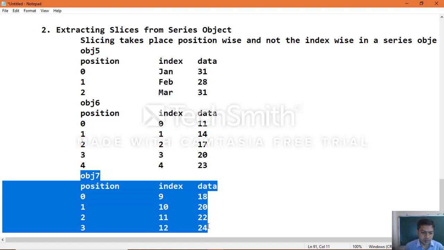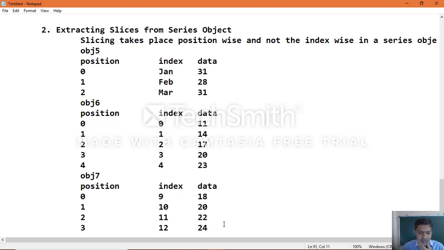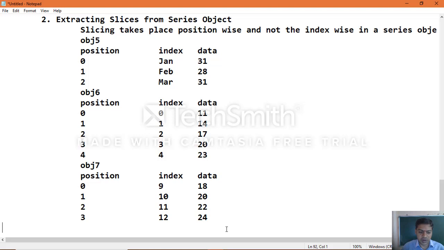There was one more thing, position. This particular feature works based on the position value, which is able to extract a subset of the given data. Any subset sequence of the data which you want to get, you can make use of the position values. That's the only important thing to remember always when you are making use of slices: it works based on the position, not the index number.